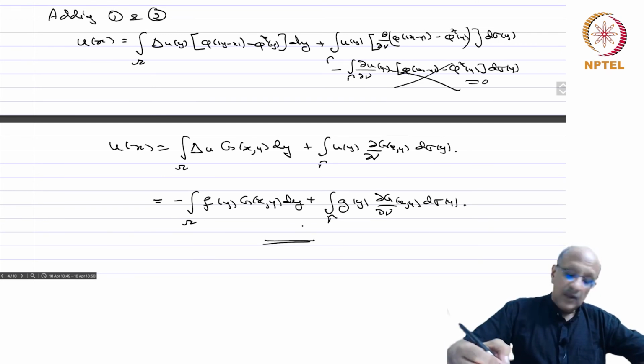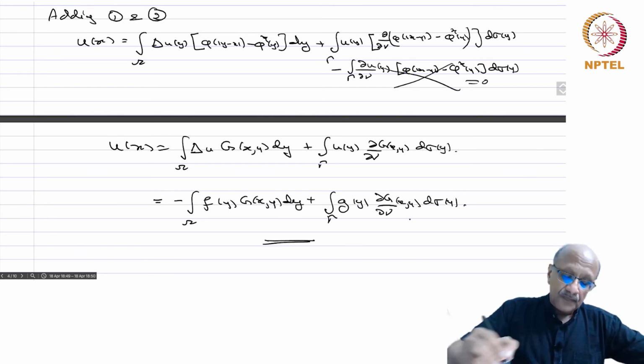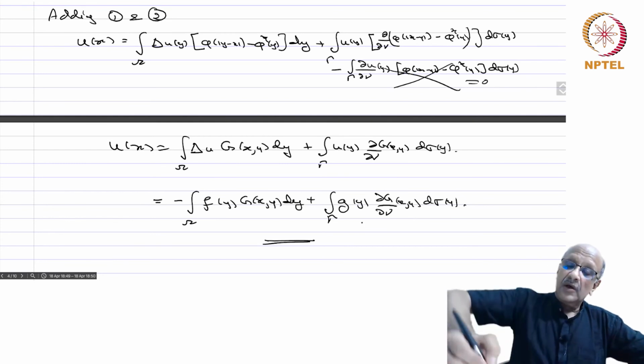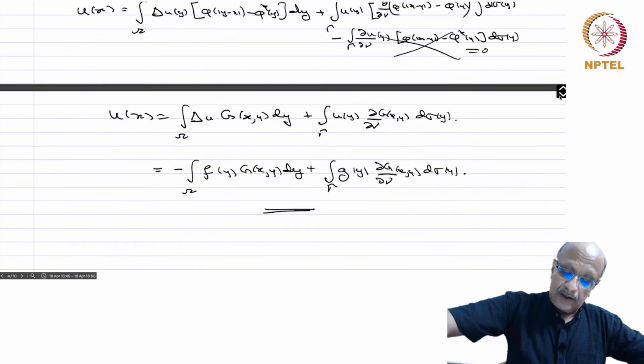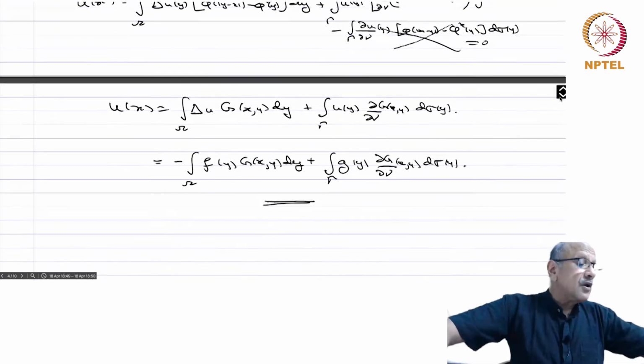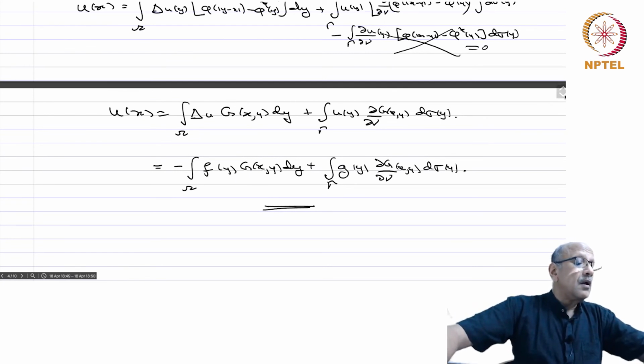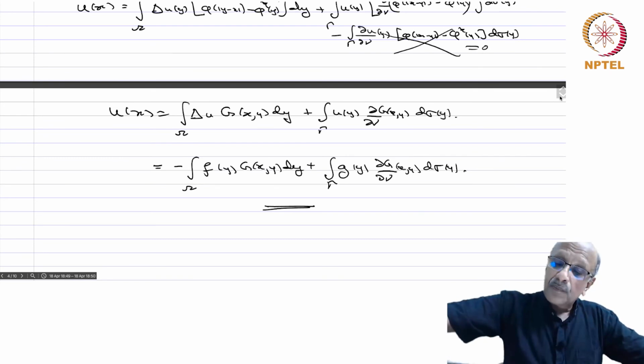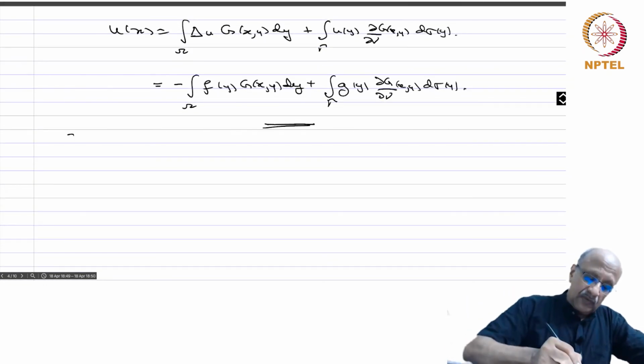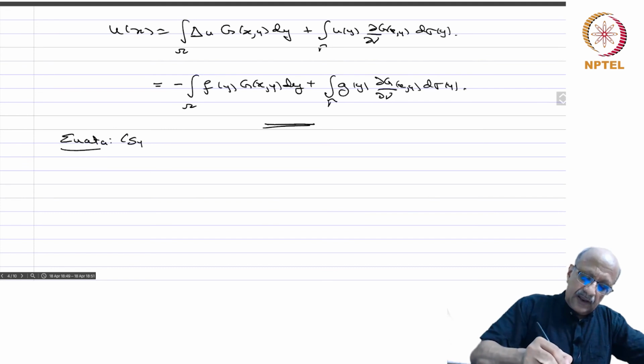So, this is the formula for the solution, provided the domain is smooth, and when you take into account the Green's function, which is good enough. Okay. So, before quitting this session, I should have done this earlier, but here are some errata which I wanted to correct. System of elasticity,